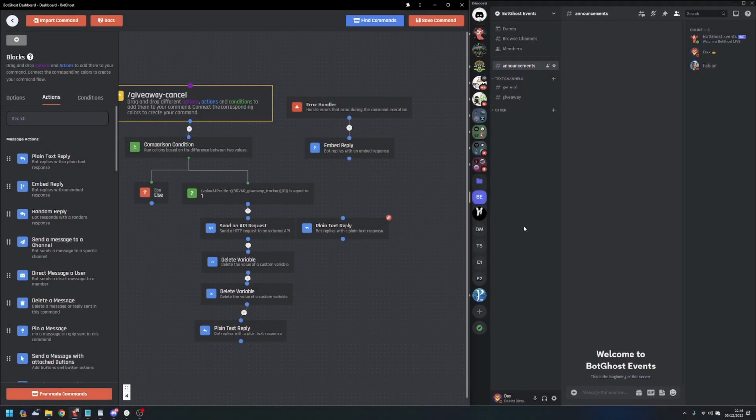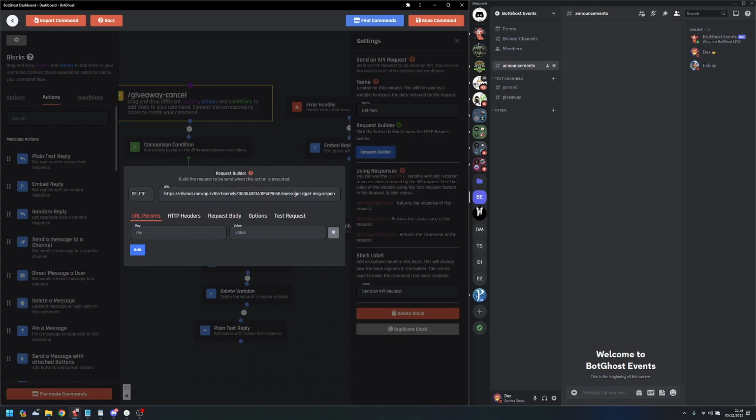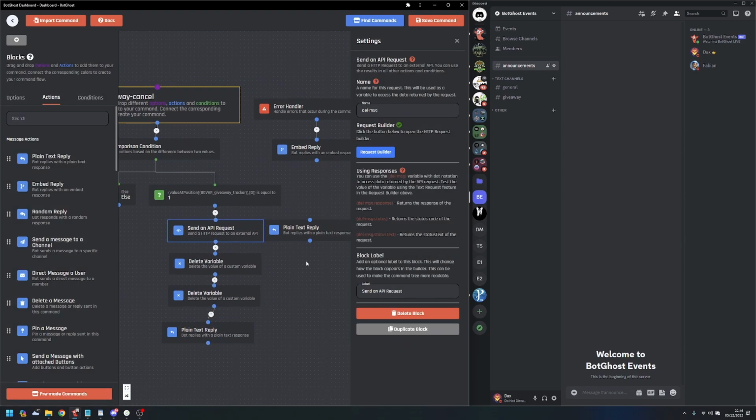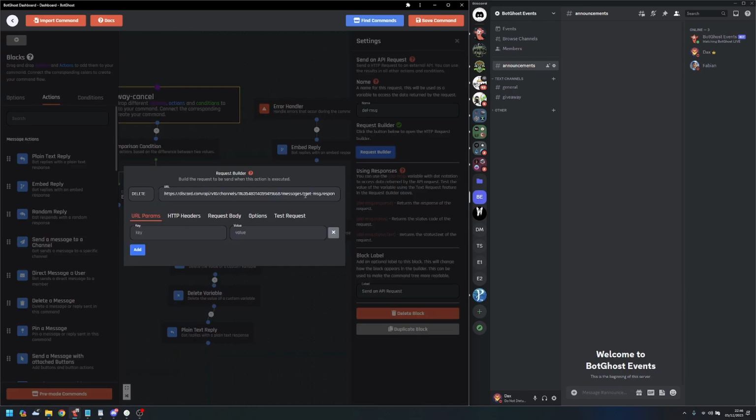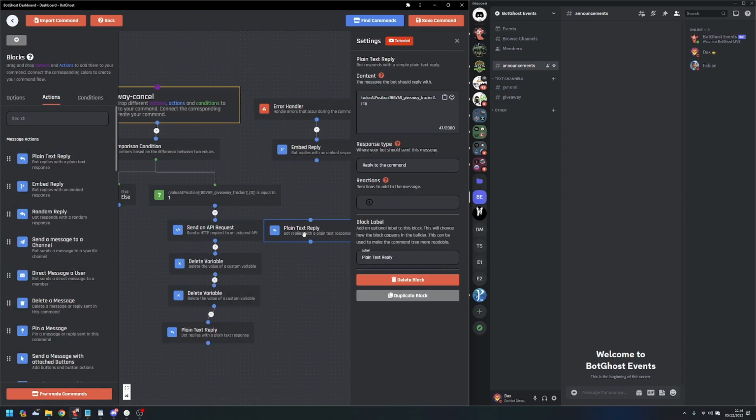Okay, so welcome back. I realized what I'd done wrong. It wasn't actually the API request URL. It was the fact that I forgot that this API request variable is actually in our other command, and that is why we saved it to the collection. What we actually needed to do was use value at position to look at the collection where we saved the message ID and then put that in over here. So if everything goes well, this should now populate the correct message ID to delete the message,